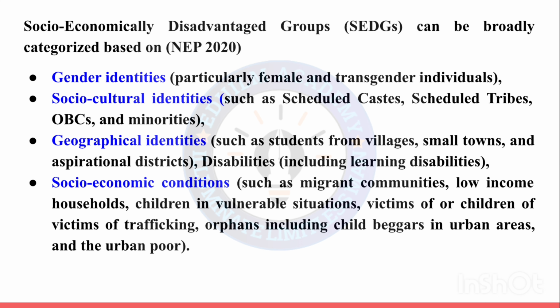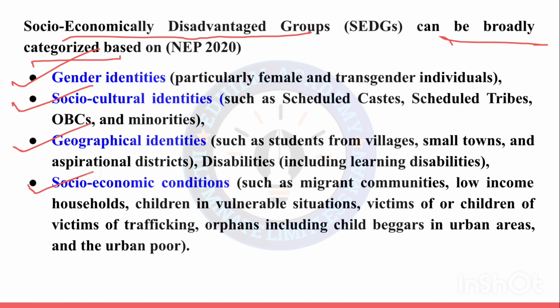Now let's see some of the major recommendations for the empowerment of socio-economically disadvantaged groups by NEP 2020. So, a socio-economically disadvantaged group can be broadly categorized based on gender identities, socio-cultural identities, geographical identities, and socio-economic conditions. Gender identities, particularly female and transgender individuals. Girls are facing challenges like child marriage, gender-based violence, household chores, poverty, rituals and customs, malnutrition, honor killing, sexual